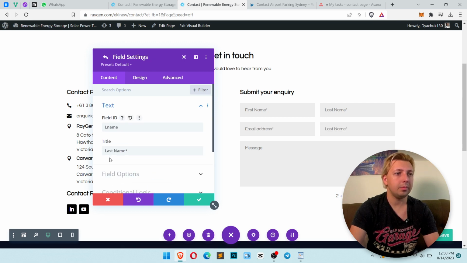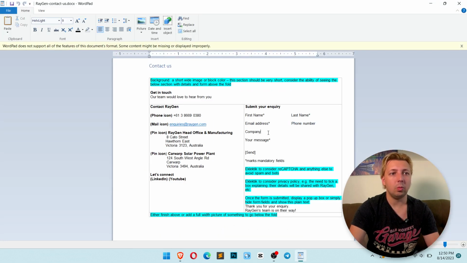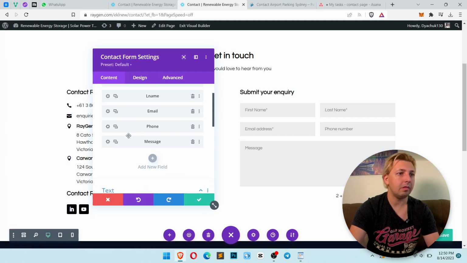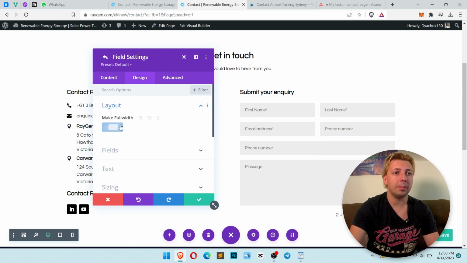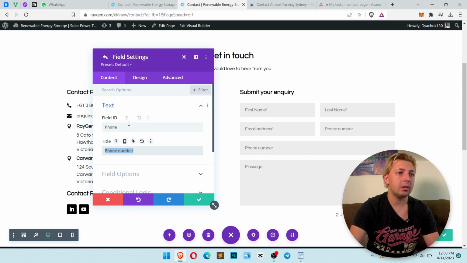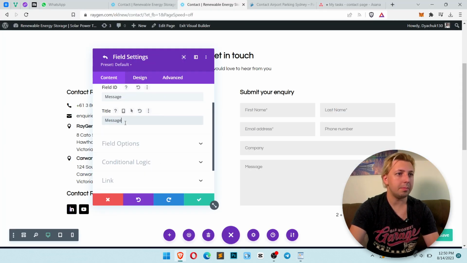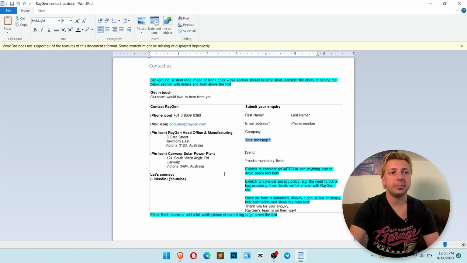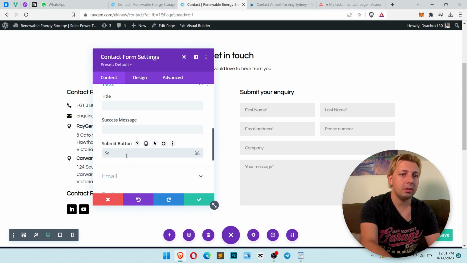Let's go to here. Okay, phone and title, phone number, field options, input, and where can we set it? Required field, no. Okay, now we need to write input, which will be company. Let's copy phone again, make it full width, design layout, make full width, go to content, text, and ID company. Okay, so now let's do your message, replace with message. Okay, and there should be a send button, it should be send,